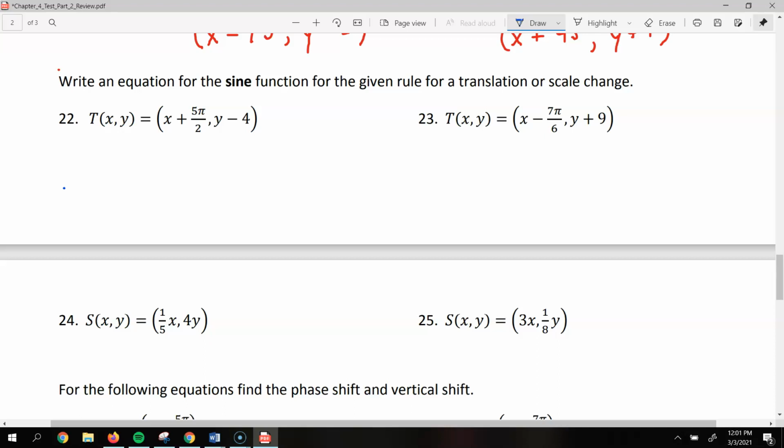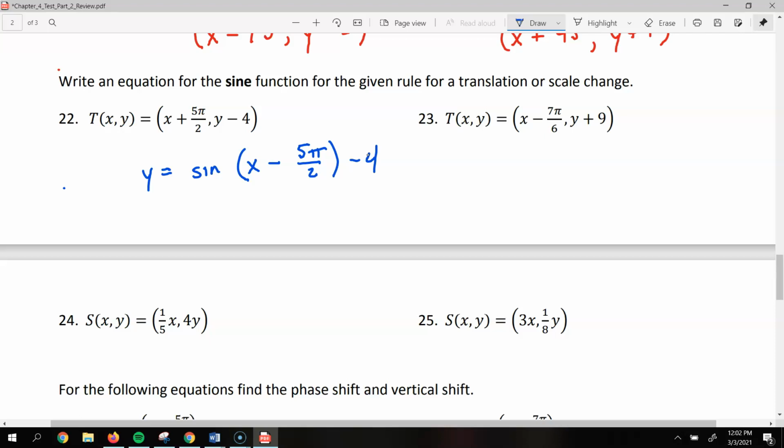To come up with my equation for this one, using a sine function here, I'm going to say y equals a sine. That x, again, is moving to the right 5 pi over 2 radians, which means in the equation we would do the opposite, so it would be minus 5 pi over 2. And that minus 4, that's exactly what's happening, so it's moving down 4 units, so we just have minus 4 at the end. For number 23,